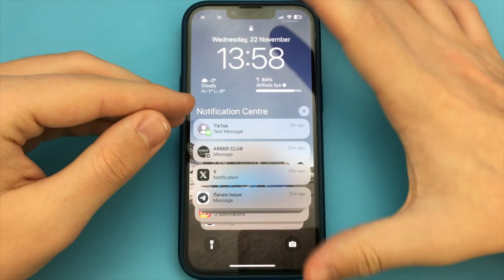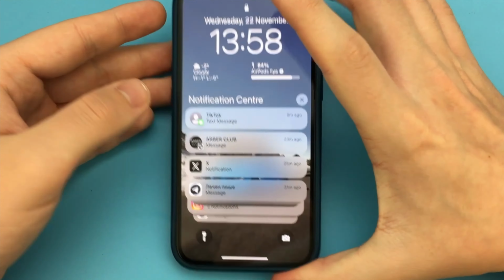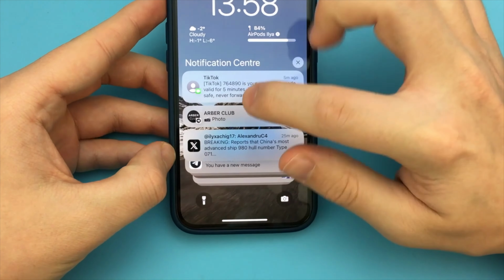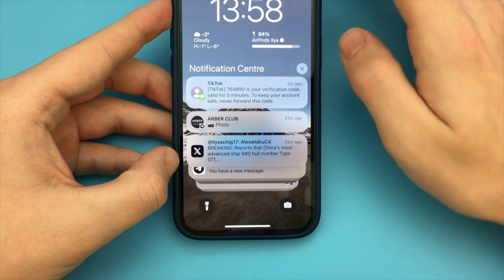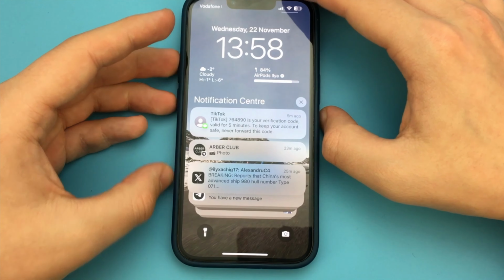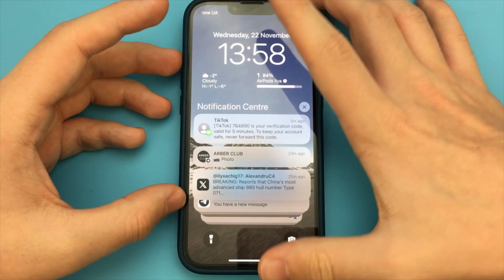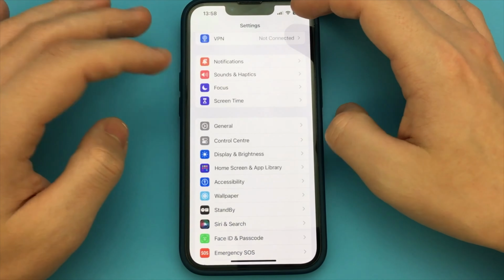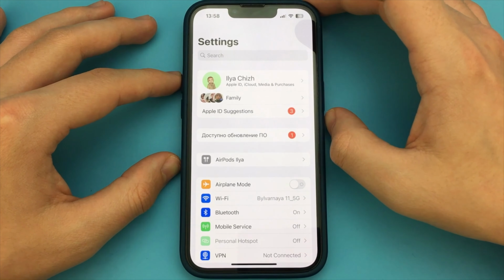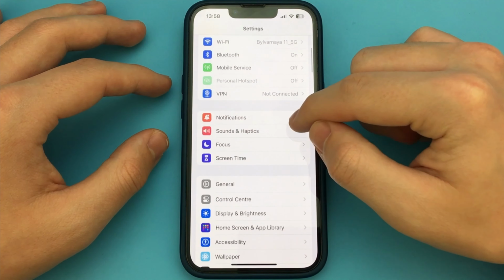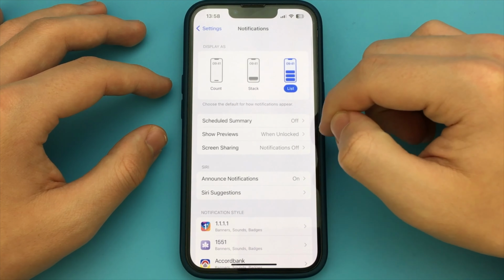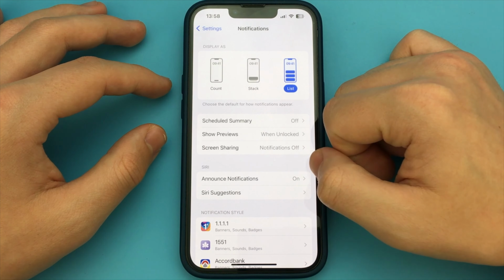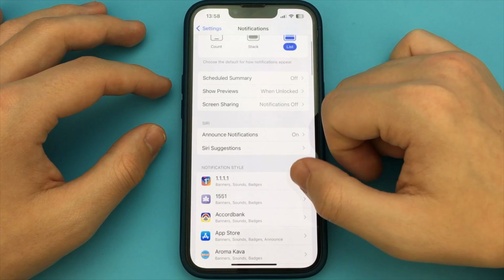Very simple. To do this, unlock our iPhone and go to Settings. Go down below and find the item Notifications, and open Show Previews. If we press Always, our notifications will always be visible. If we only want them when the phone is unlocked, then we press When Unlocked. If we want to disable them completely, click Never.